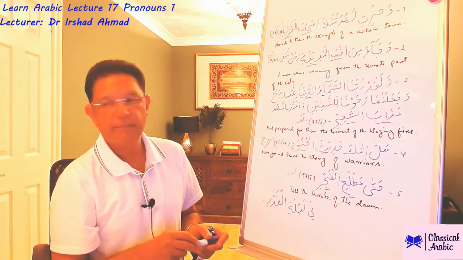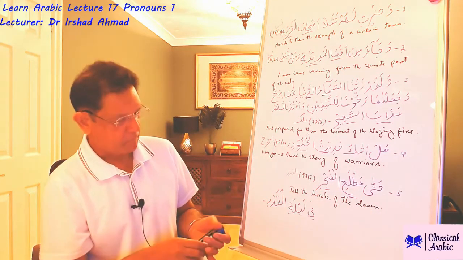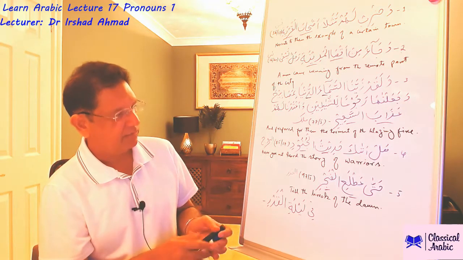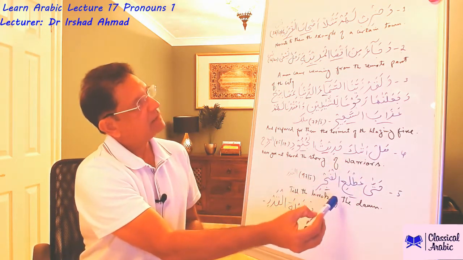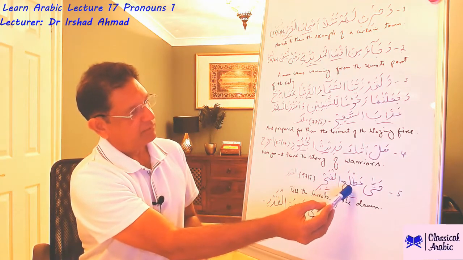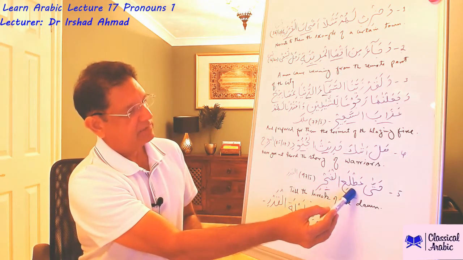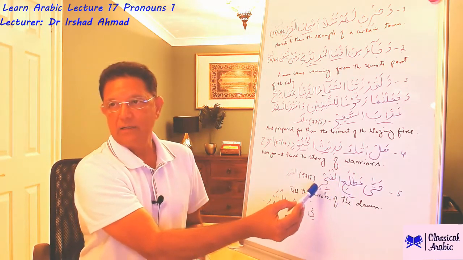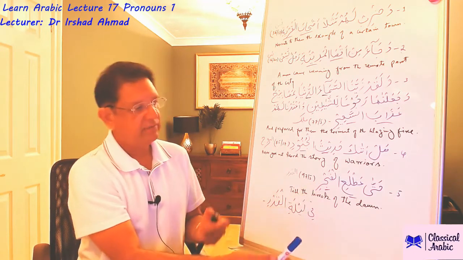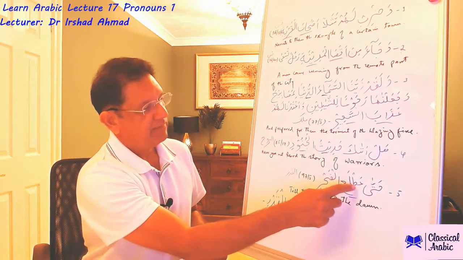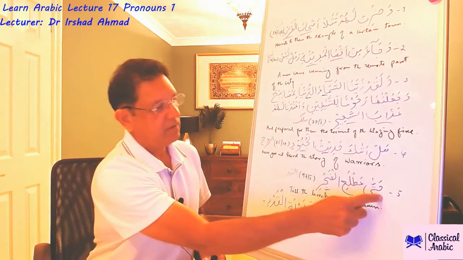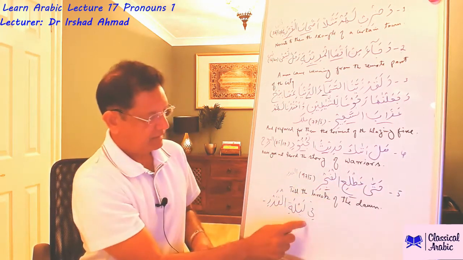Hatta is harf jar. So whenever we have harf jar, we are going to have ism majroor. So this is one example where muzaf is in state of jar and muzaf ilayh is also in state of jar. Muzaf ilayh is going to be in state of jar anyway, we know that, and muzaf here is in state of jar because of this harf jar. And similarly here